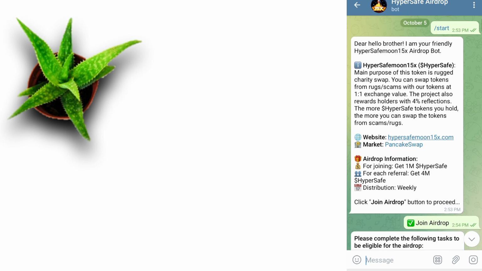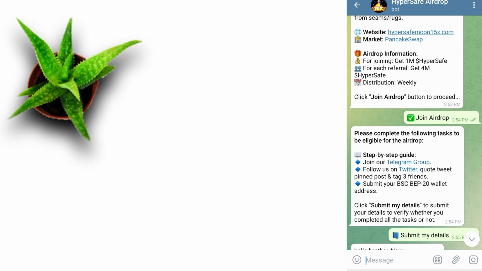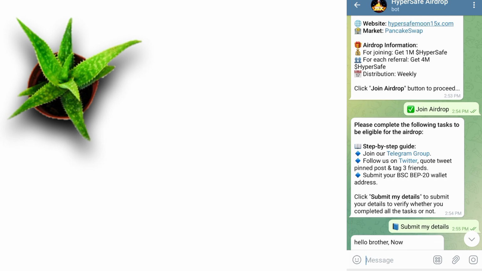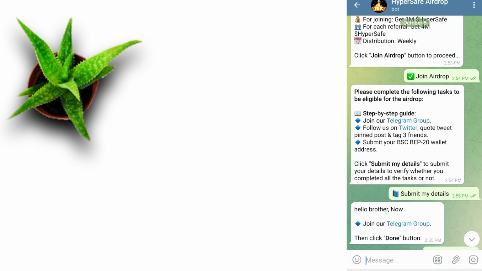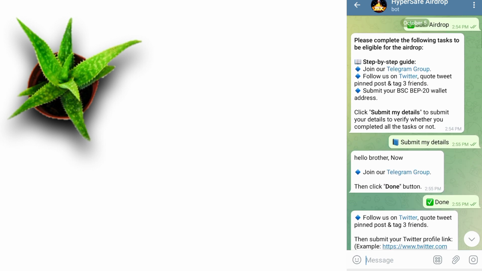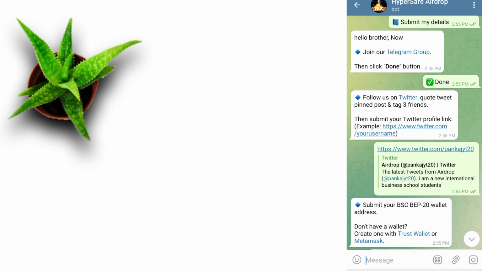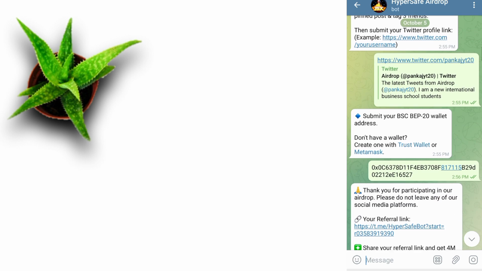You can see the text here: join airdrop, join Telegram group, follow us on Twitter, pin post and tag 3 friends, submit your BSC BEP20 wallet address. You can complete all of the process here. I also show you how to complete this. Also you can see my step by step process here.